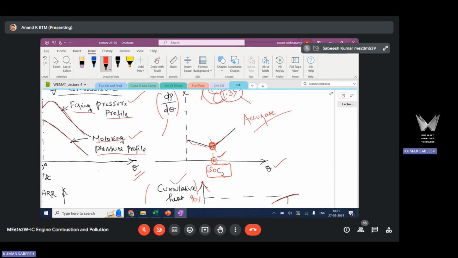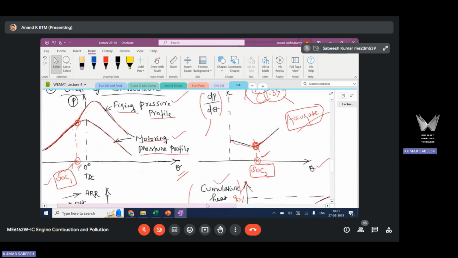Any other response? All of you agree with this? Yes, sir. Yes, sir. Okay. So this is the perfect answer. This one is going to be accurate among all other methods we have discussed. The reason is